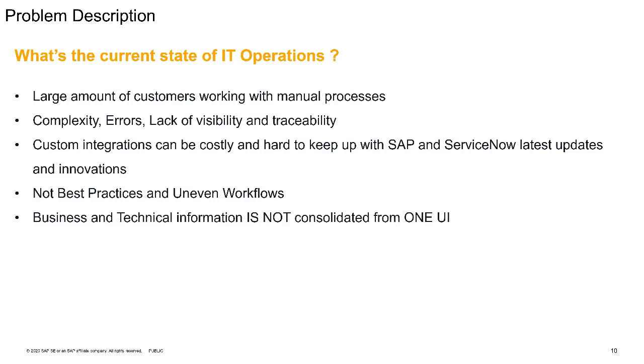Another area that our customers ask about as an interest and pain point is having all the information from ServiceNow and Solution Manager in one single place. I want my business and my technical information in one UI so I can speed up my release management and change management process. Those are some of the main pain points that made us build such a